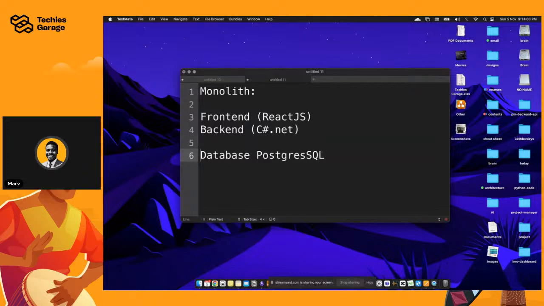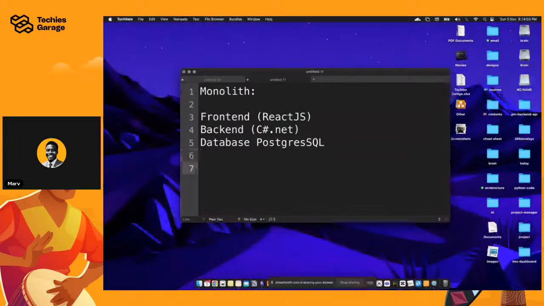All right, so basically when you have every single thing running together in a single server, maybe in a single server, right? So you have everything in a single server. You are referring to, say, the front end mixed into the back end. Maybe you're using something like ASP.NET.